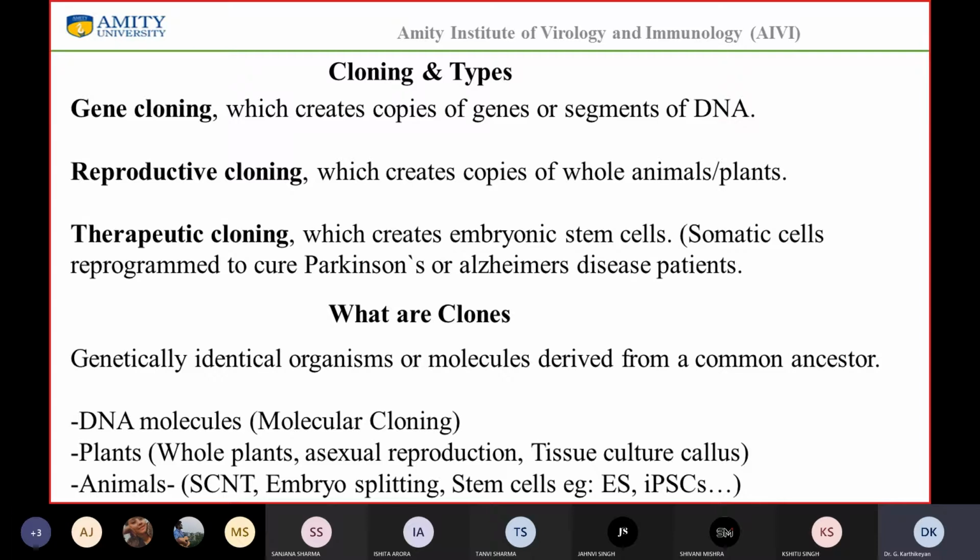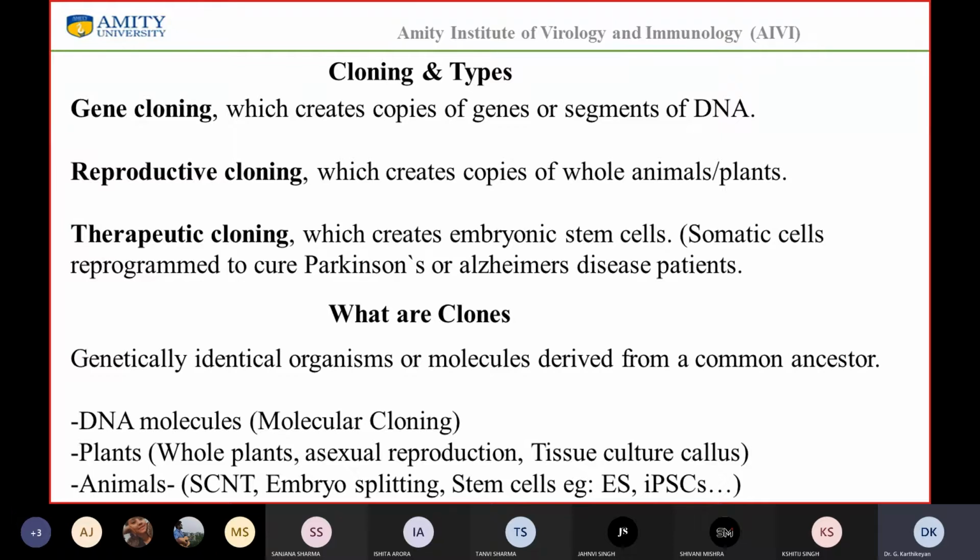Okay. So, when we look at cloning very broadly, we can have three different types of cloning. One is molecular cloning or gene cloning, which creates copies of genes or segments of DNA. Okay, it could be any segment of DNA. Reproductive cloning, which creates copies of whole animals or plants. And then you have therapeutic cloning, which creates embryonic stem cells, and these are essentially somatic stem cells that